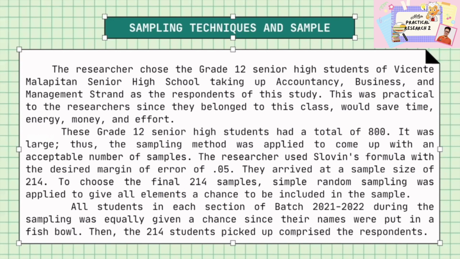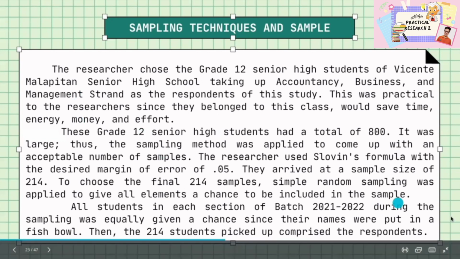The third paragraph will have all students in each section of batch 2021-2022 during the sampling was equally given a chance since their names were put in a fishbowl. So it was mentioned the type of simple random sampling, fishbowl technique. Then the 214 students picked up comprised the respondents. That's the first example. The second example will be here,